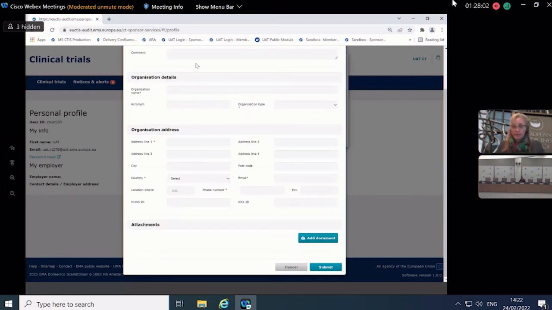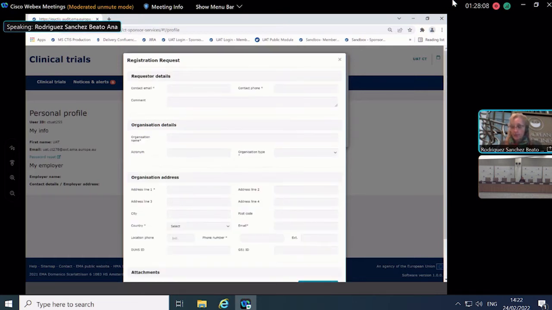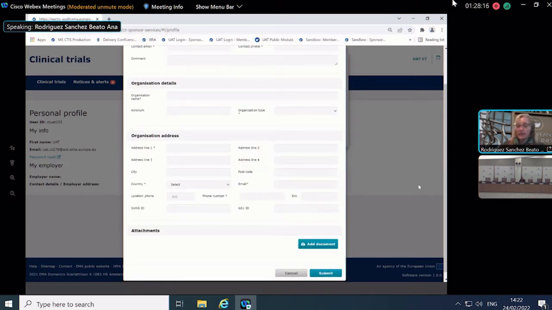So you will have to provide some details at the top, organization detail, organization address, and then you will have to provide an attachment. You will ask what I should provide here, and it is the information that normally you need to provide if you register directly in OMS. Because this is a registration in OMS via CTIS, but we recommend you register the organization directly in OMS instead of CTIS, so you can search for those when you come here. But in the worst scenario, you can always do it from here, but you will have to provide some documentation that people in OMS can validate and confirm that your organization is correct or not. And if there is any problem, they will come back to you.